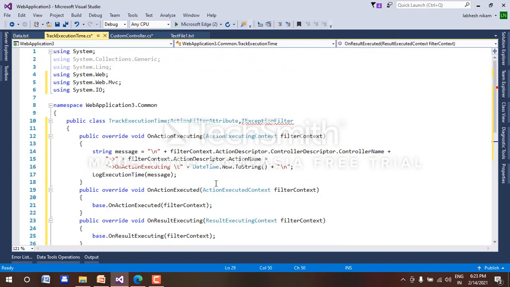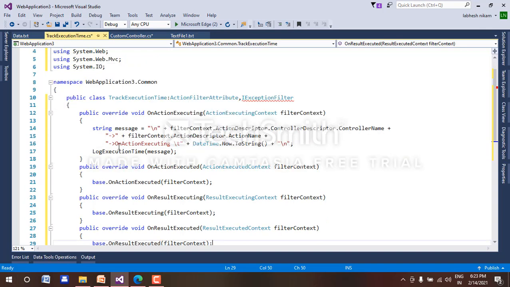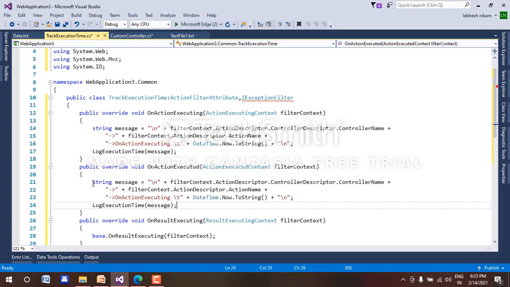First we have created this executing. Now copy all of this from here and paste it here. We will just delete this thing. Filter context dot action descriptor, and here we will use executed, not executing.